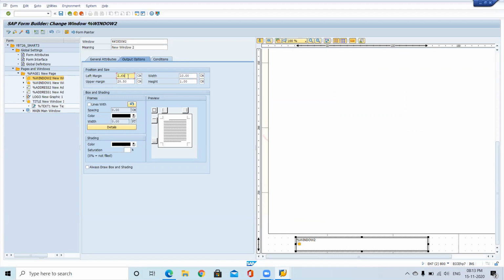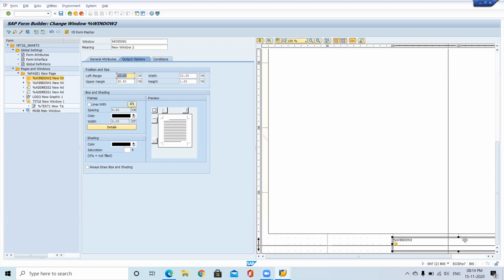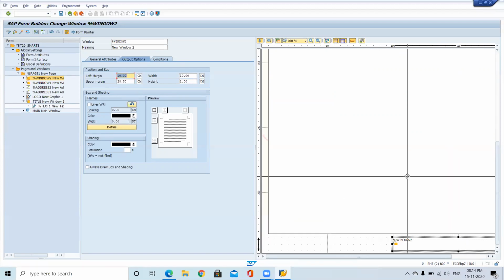So left margin, give it in the middle. They just want to print the number of pages, how many pages we are going to print.